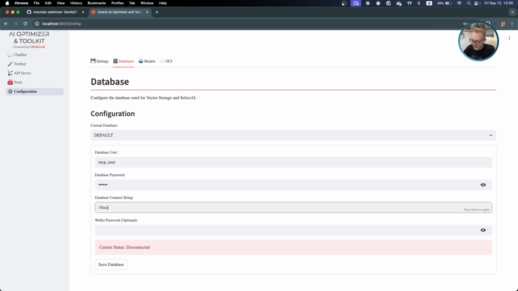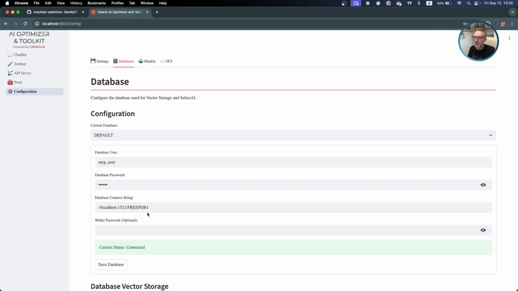It's localhost, and then the port, which is 1521, if you remember, and pluggable database, or CDB. In our case, I will connect to the pluggable database, so it's free PDB1. So let's see if this works.